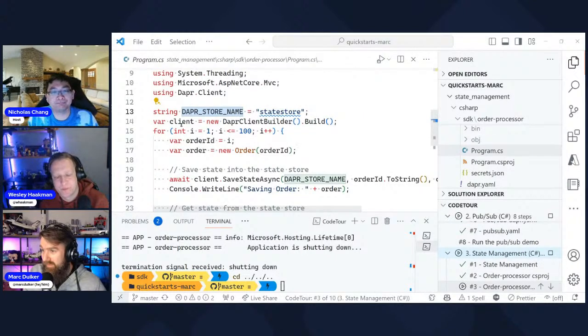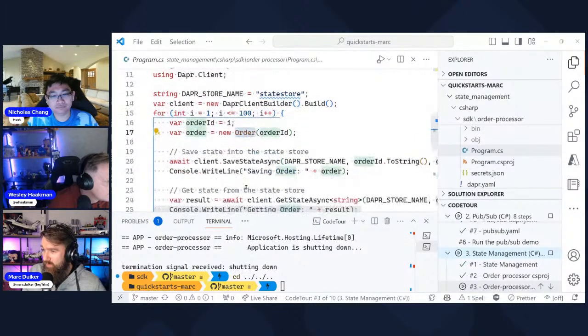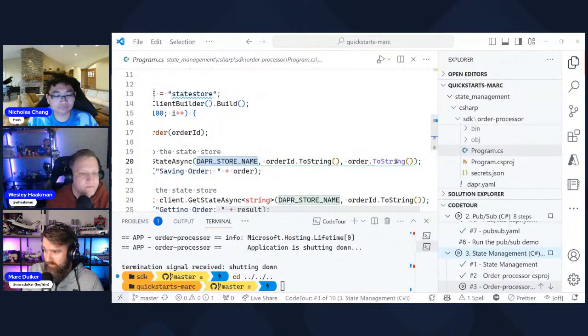We'll see that later. Again, we're using the Dapr client here, and we are iterating now even 100 items. And we create an order, and we use the Dapr client to actually save the state. When we save state, we mention which component name we're using, in this case, state store. And the Dapr state API is like a key value API. So we need to specify the key. So in this case, we use the order ID as a key. And in this case, we do a toString on the